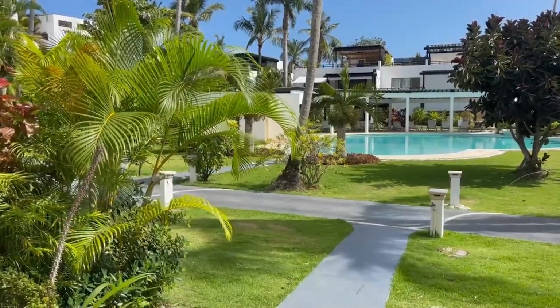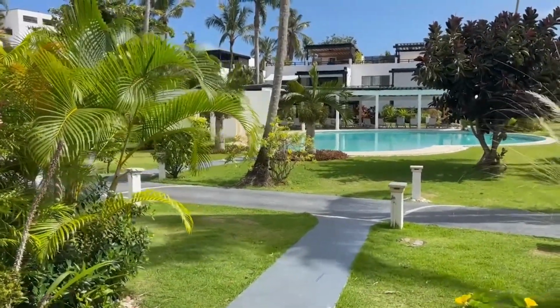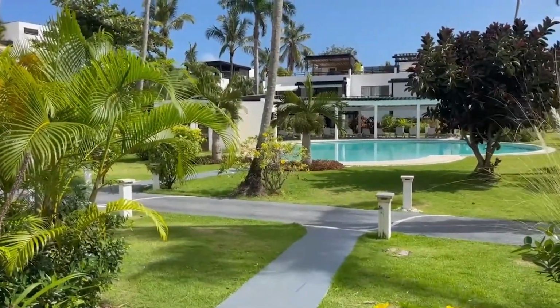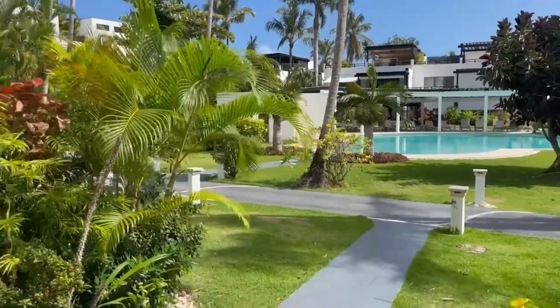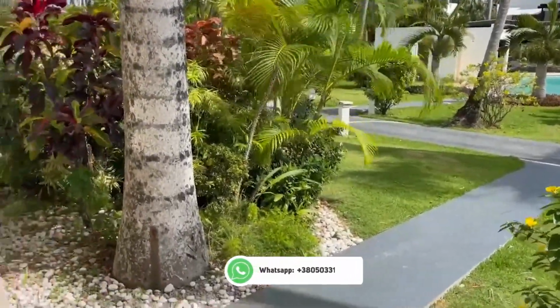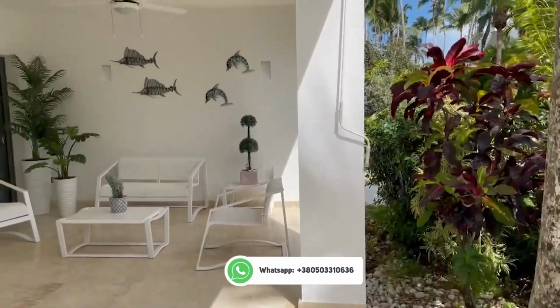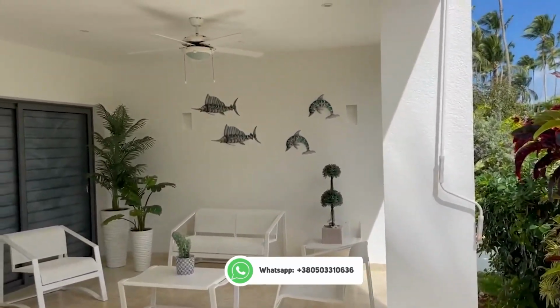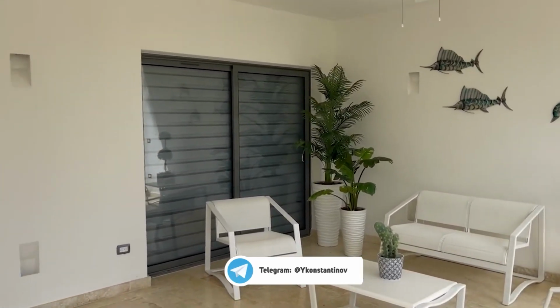So let's take a look at this area. So this is what you see whenever you exit the apartment. A private pool. Well, it's not really private, but the fact that you're so close to it, it's almost like it's a private one. And there's a small area right here, a small garden. And right here, we're looking at the terrace, which by the way is a very quality terrace. And as you can see here, you can tell whenever it's in a good apartment,